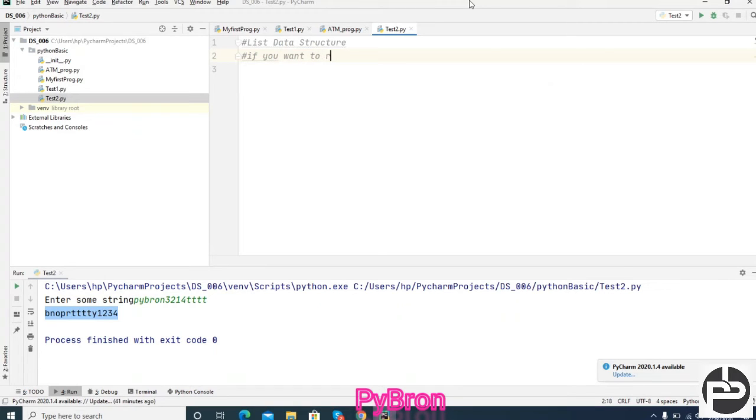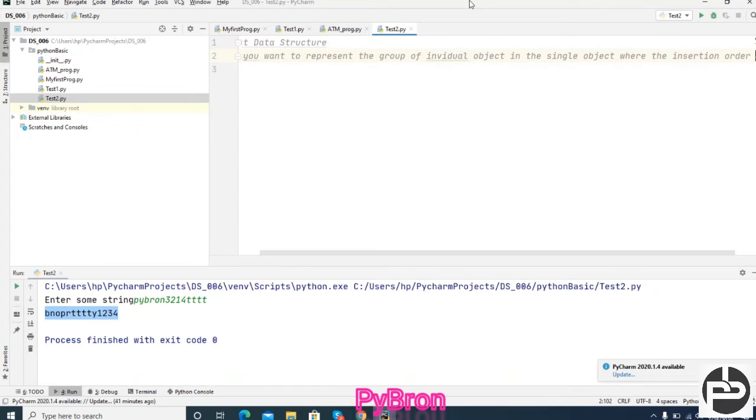Okay, I'm typing here, no worries. If you want to represent a group of individual objects in a single object where the insertion order will be preserved and duplication will be allowed, then this kind of data structure is known as the list data structure.